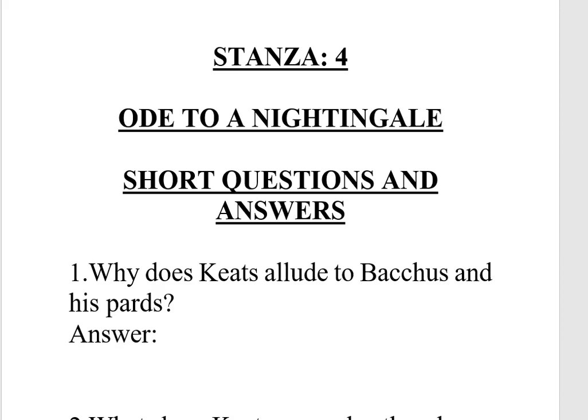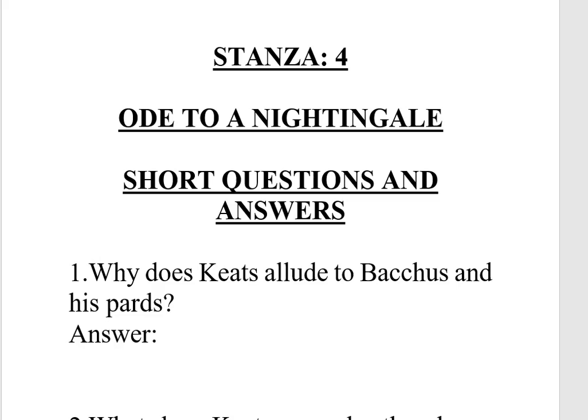Now we shall focus at first on the first question from this stanza. As you can see, the question is, why does Keats allude to Bacchus and his pards? You can write the answer in this way. Bacchus is the Roman god of wine. Of course, here the letter G of god will be in small letter. In the mythology, he is represented as driving the chariot drawn by leopards. Thus the allusion to Bacchus and his pards refers to wine. Keats makes the allusion to suggest that he will not drink wine to transport himself to the world of the